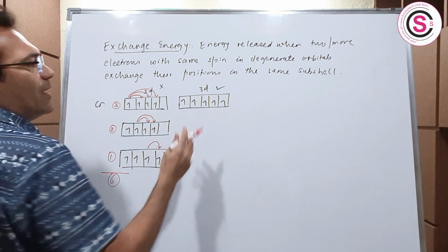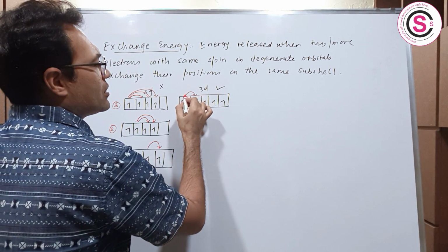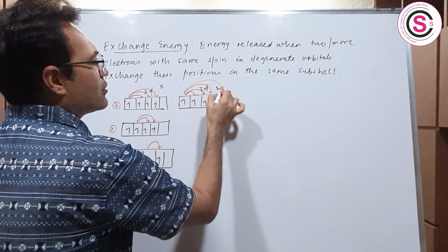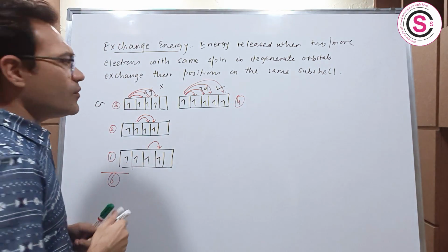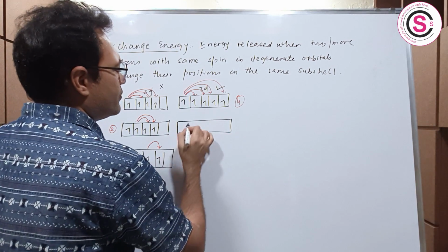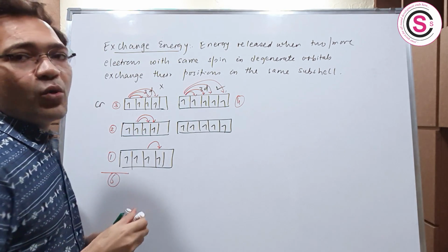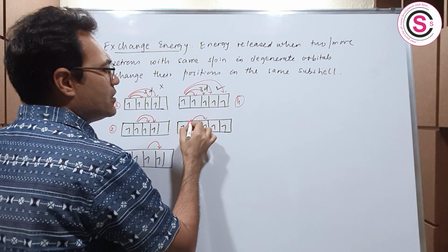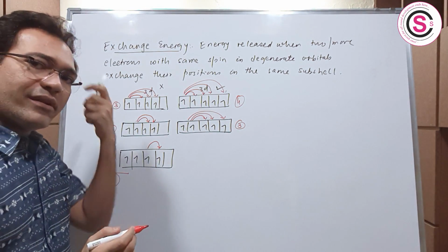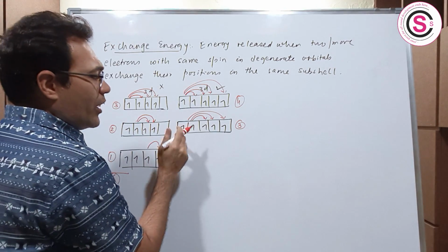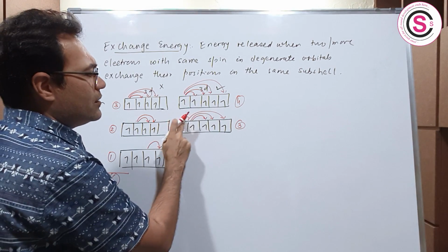Now, let us take a look at this particular electronic configuration having 3d5. So this electron can be exchanged here, here, here, and also here. So students, you see 4 exchanges are possible, correct? Now let us have a look at the exchange of the second electron. See, it can be exchanged here, here, and also here. So students, how many? 3 exchanges will be possible, right? Now, again, as I told you, you cannot consider this exchange because this has already been covered here, right? So you cannot consider this exchange.